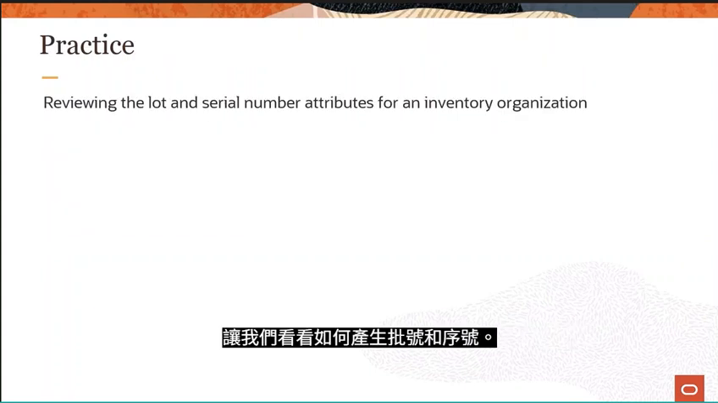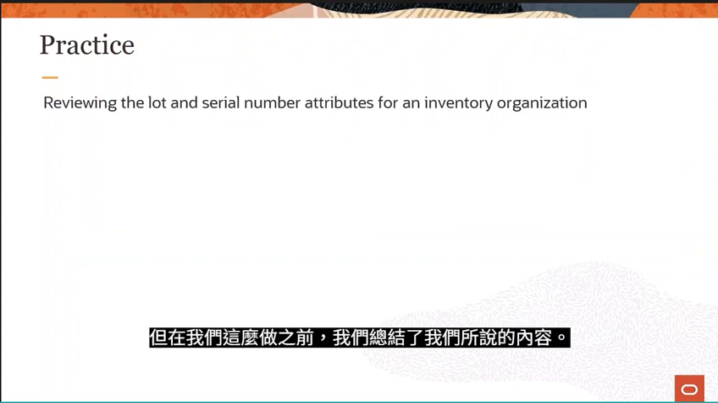So let's go take a look at lot and serial generation. But before we do that, let's summarize what we've talked about. So we've talked about lots. Remember, milk in your refrigerator has a lot number. Any medicine is going to have a lot number on it. And some will have expiration